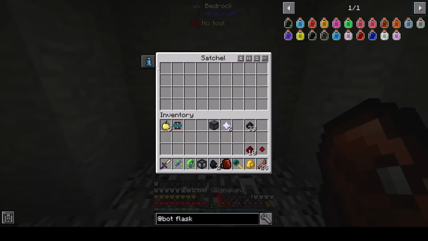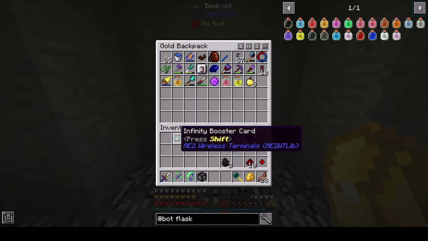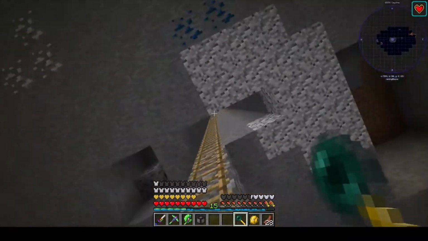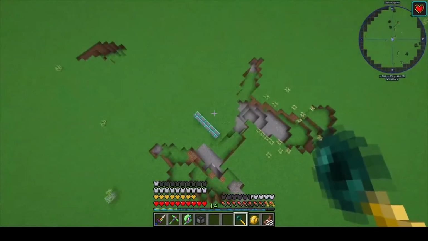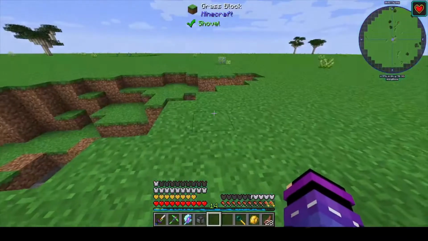I need my satchel back. Huh. Okay. So, yeah, anybody else that wants to know how to cheese a wither fight, there you go. Draconic Evolution Mob Grinder. That is perfect. Okay, so